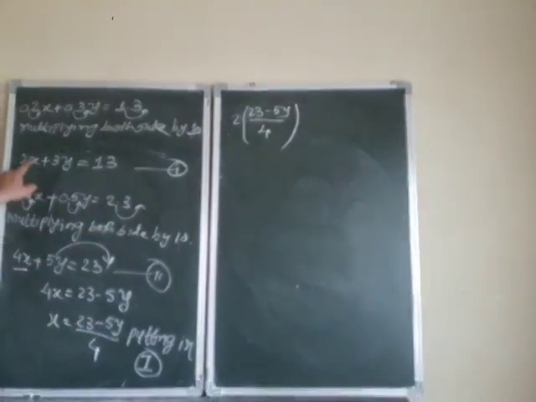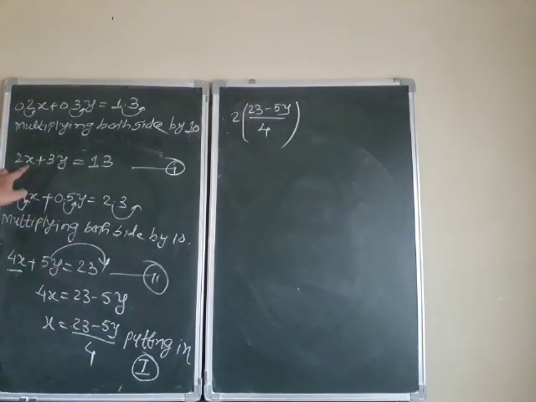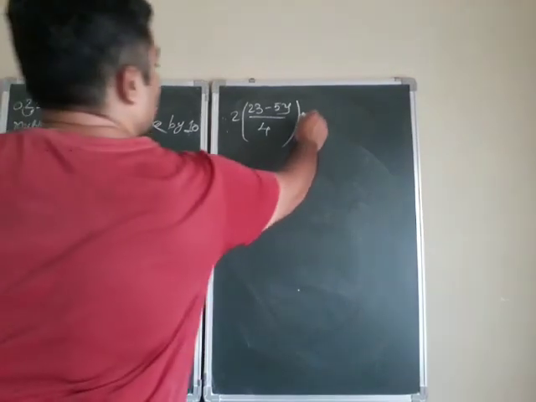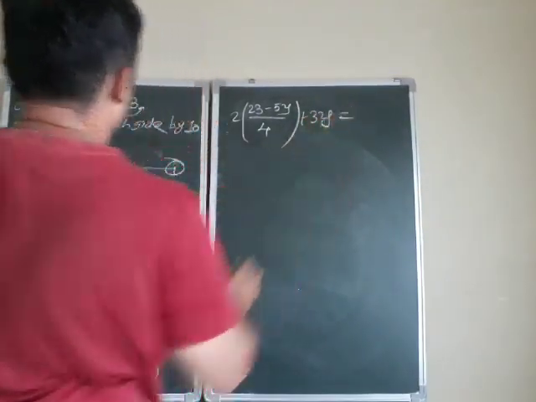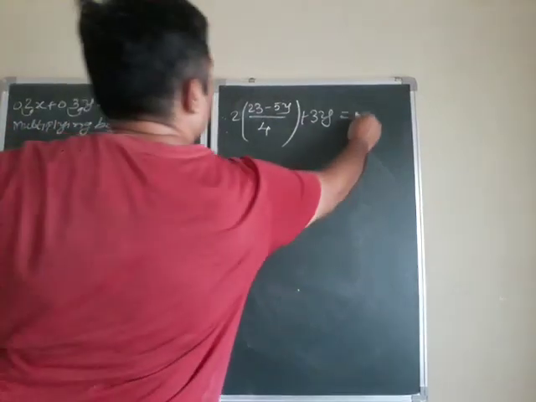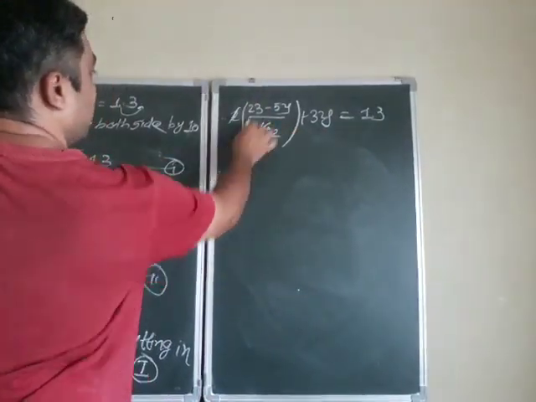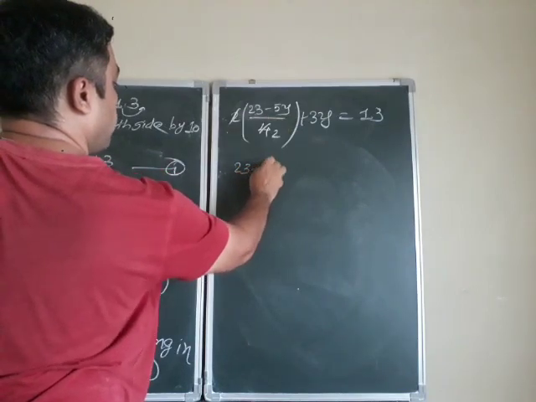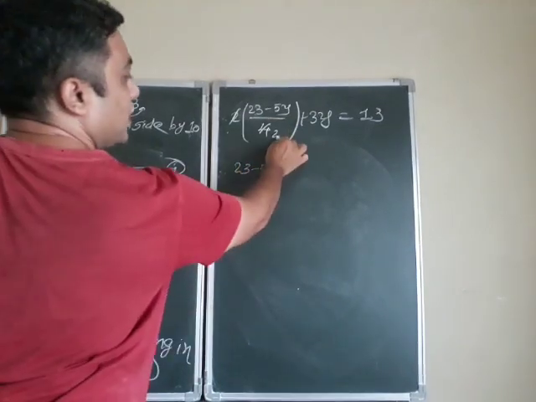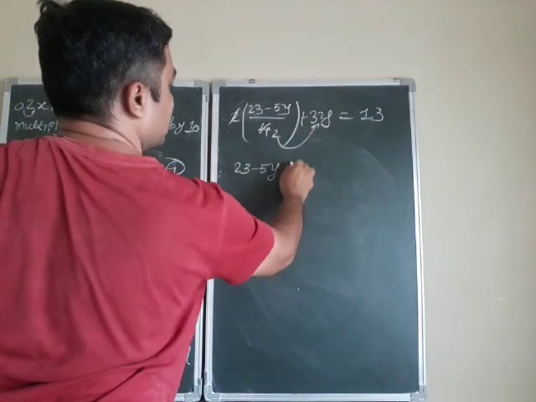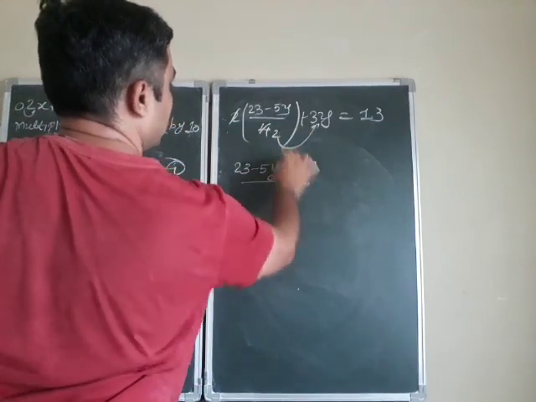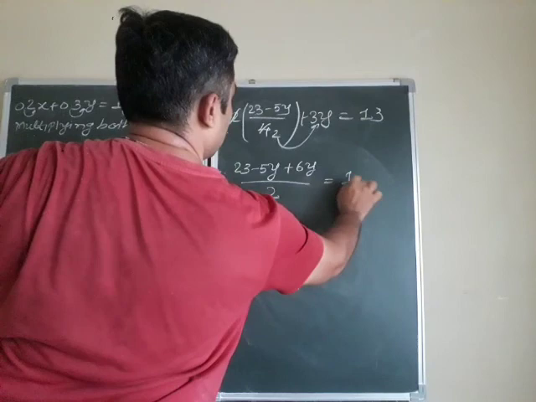ये x मैं यहाँ पे रिप्लेस कर रहा हूँ. x is I am replacing here in 1. I write the comments ना, putting in 1. So here this x I am replacing with this, plus 3y is equal to 30. Fine. This 2 2s are 4. So therefore 23 minus 5y और ये 2 का LCM ले लीजिए. So 3 2s are 6y plus 6y upon 2 is equal to 30.